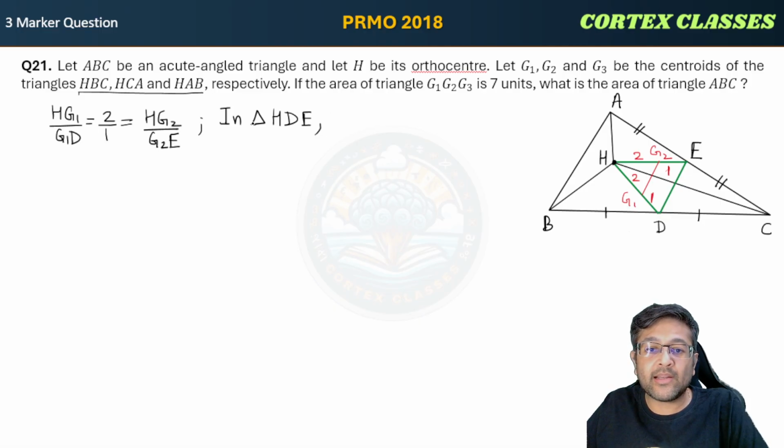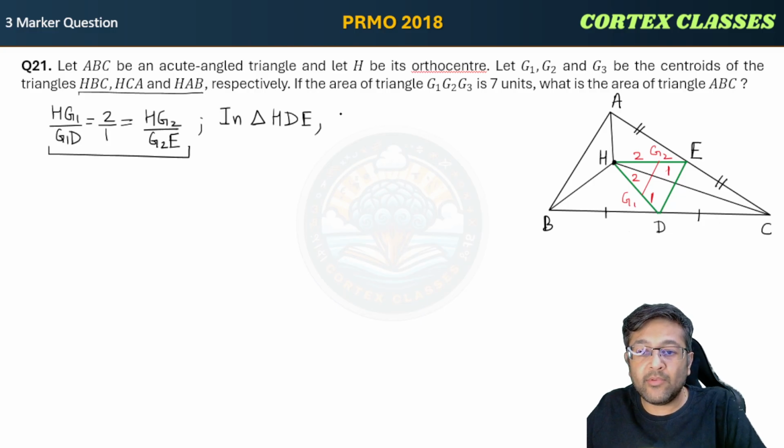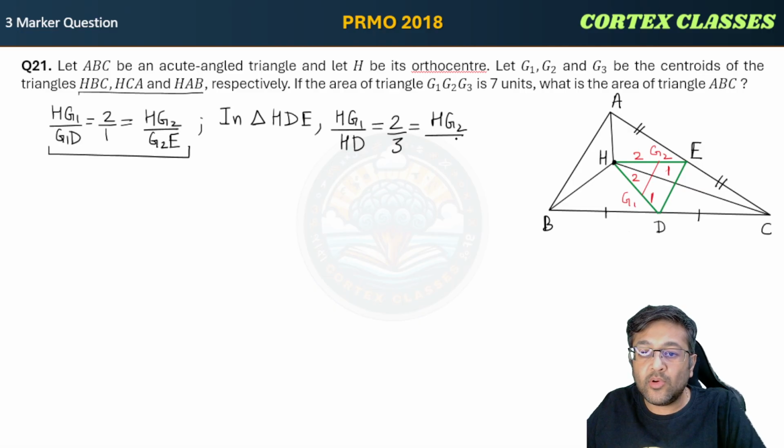HG1, I have already written that, guys, look. Okay, let me write it in just another method order. So guys, look, HG1 is to G1D is 2:1. So what is HG1 is to HD? See this, in this triangle, what is HG1 is to HD? That is going to be 2:3, right? And the same is the ratio for HG2 over HE, right? We can say inside triangle HDE, HG1 is to HD is equal to HG2 is to HE,